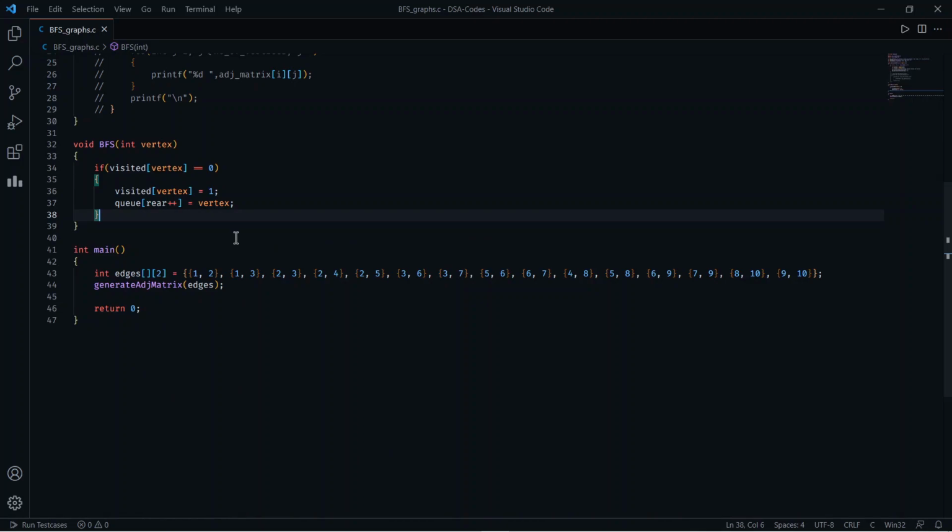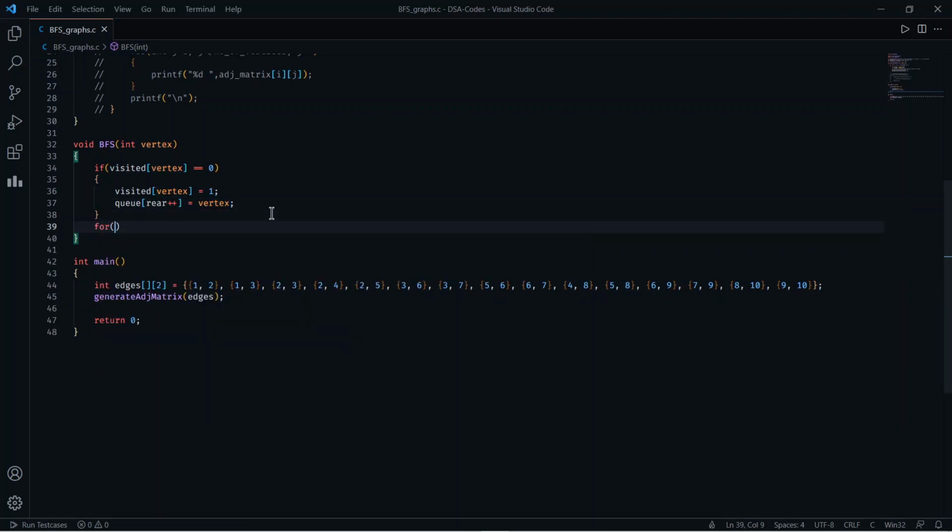After this we have to check for all the adjacent vertices of that particular vertex. So let's use a for loop for checking.